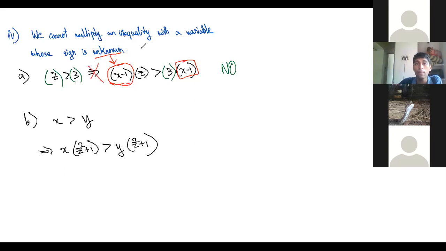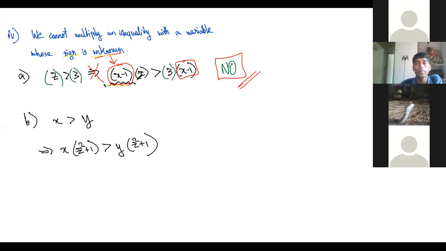So this implication or this inference cannot be made. You cannot say this, okay? But come to the next statement. What can anyone comment about this statement? Again, explain the first one. First one is, because you don't know about the sign of x minus 1. See, is it necessary that x minus 1 is always positive? No. So if the sign is unknown, then you cannot multiply it on both sides with something you don't know. Because if this is negative, then the sign is supposed to change, no? Yes, sir, I got it.